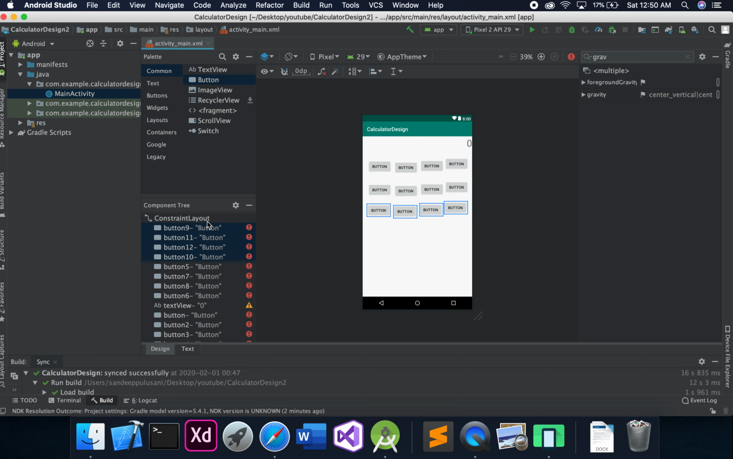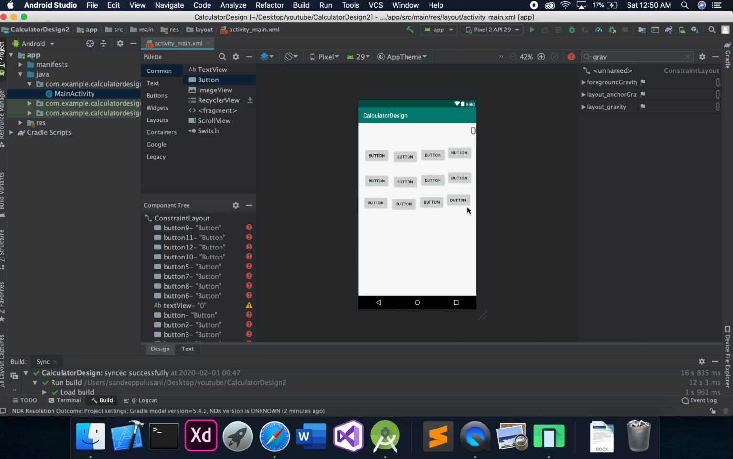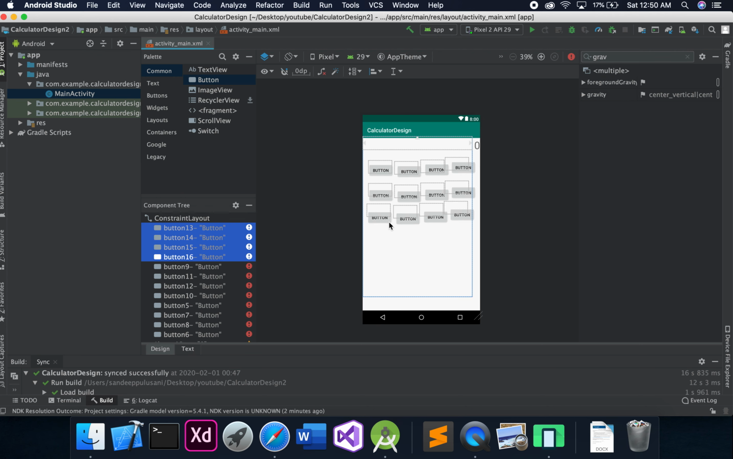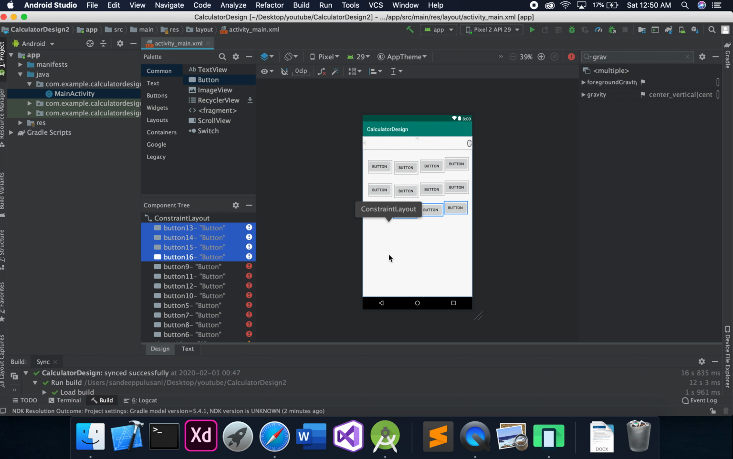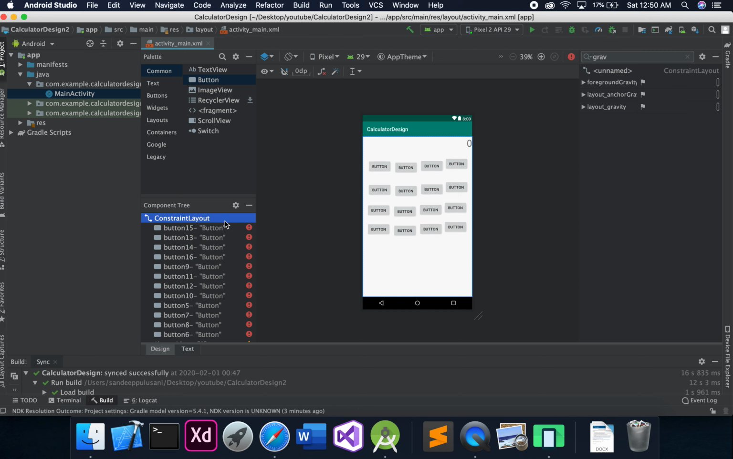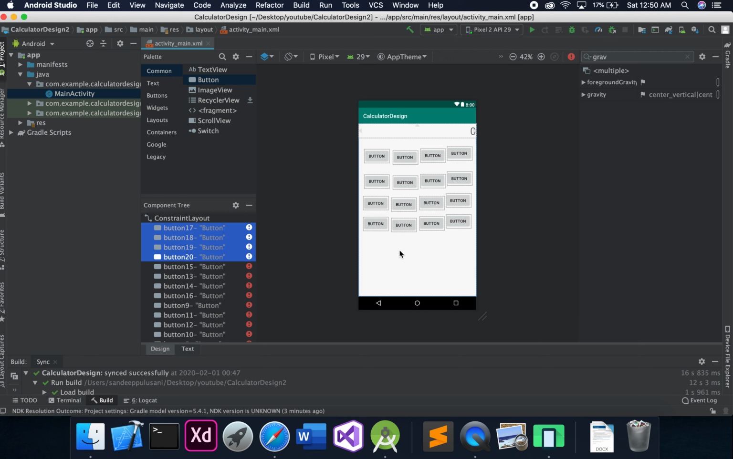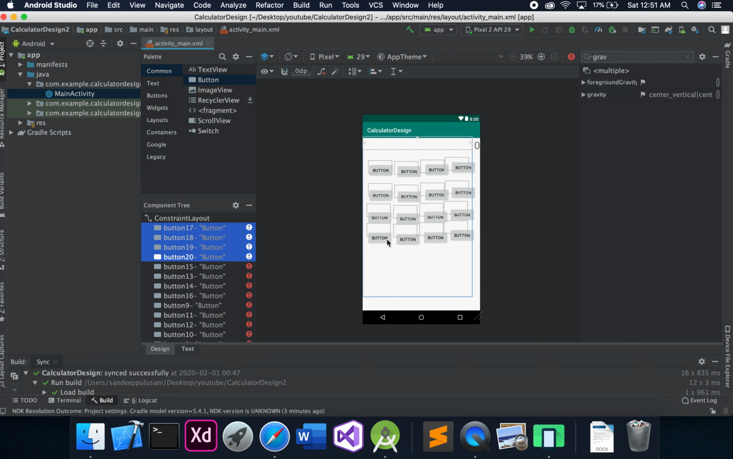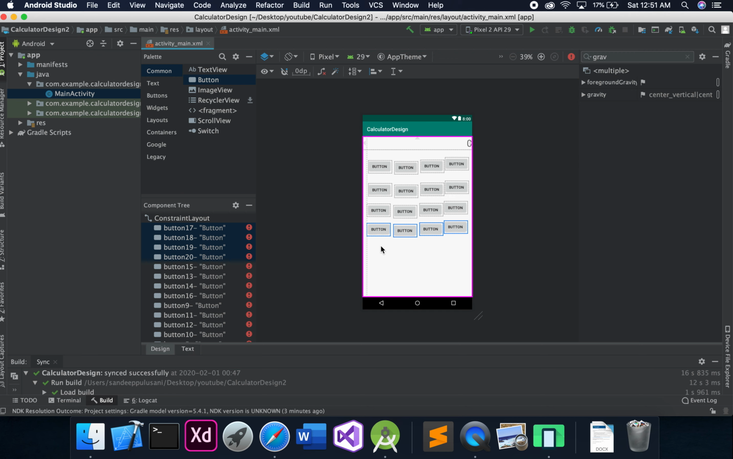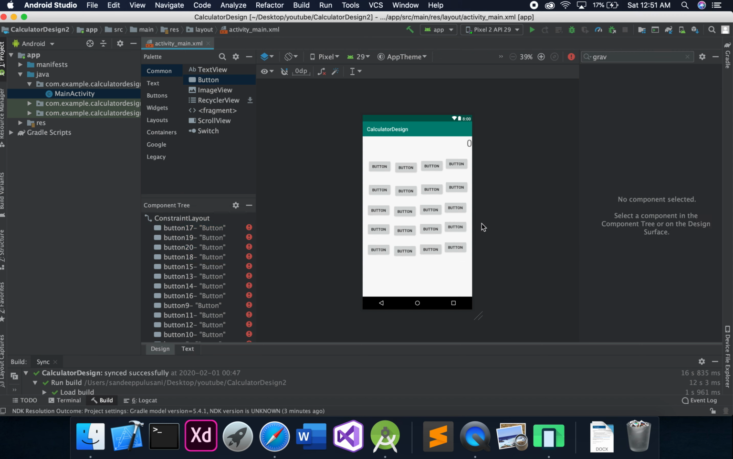again repeat the procedure, copy, constraint layout, paste. Drag a bit down, one more time, copy, constraint layout and paste. Again a bit down. So now here we can see that these buttons are not in proper order,